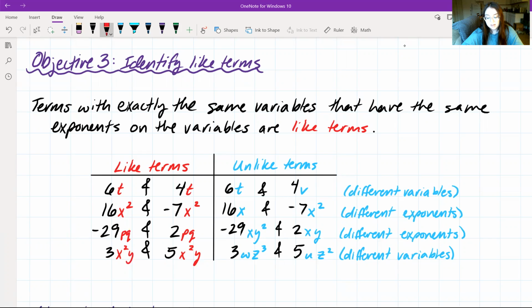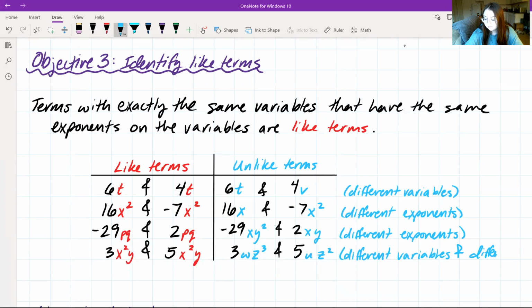Then we can have -29 times x times y squared and 2 times xy. They have the same x variable and exponent, but they have different exponents on the y variable. So that's why they would be unlike terms. And then lastly here we have 3 times wz cubed and 5uz squared. So in this case, we actually have different variables